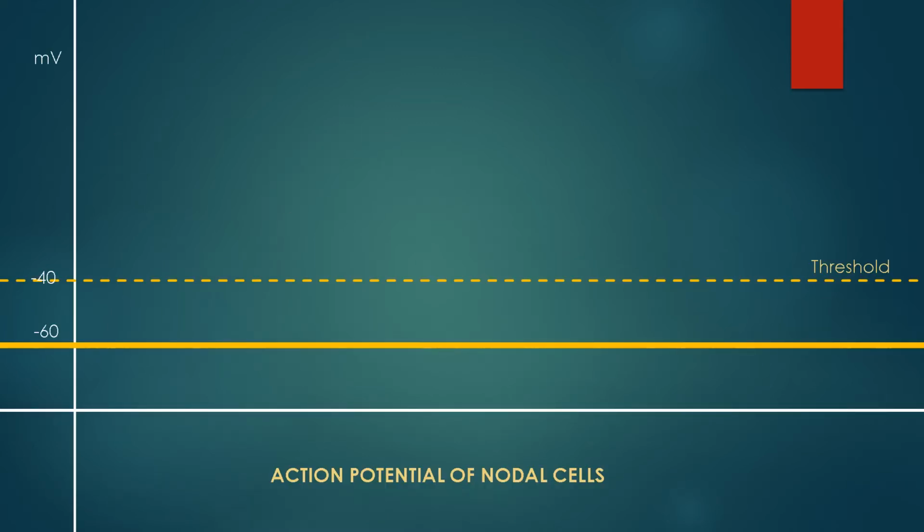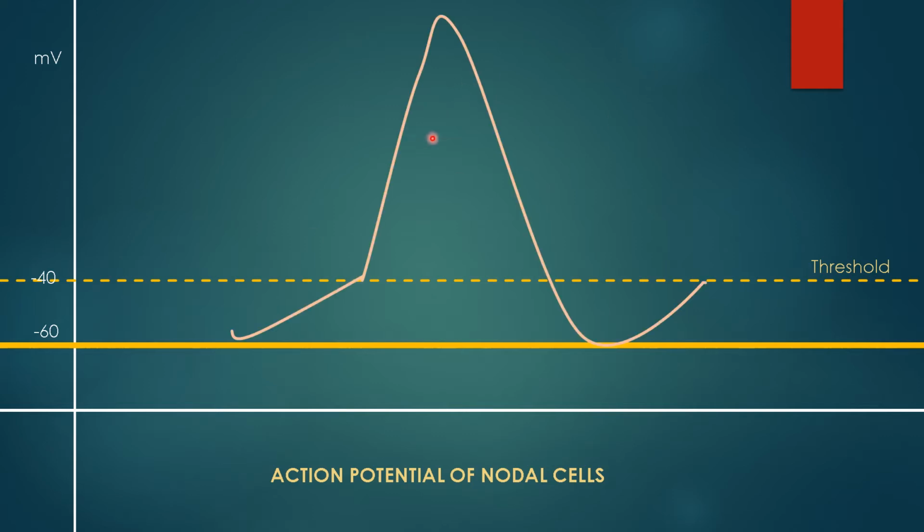Now we will see the action potential at the nodal cell. Remember that at the nodal cell, the resting membrane potential is at -60. So what is happening? This is the graph that we get at the nodal cell. It has only three phases: phase 0, phase 3 and phase 4. At phase 4 there is slow influx of sodium ions, and at phase 0, which is the depolarization wave, there will be rapid influx of calcium.